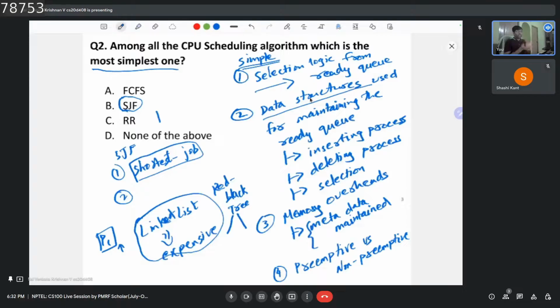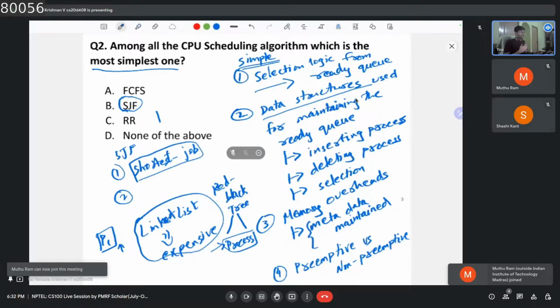It would be a slightly balanced tree, and an external pointer would point to the process which has the shortest job first. So the data structures used underneath to maintain the ready queue can be changed based on